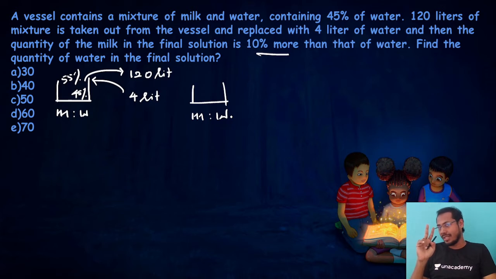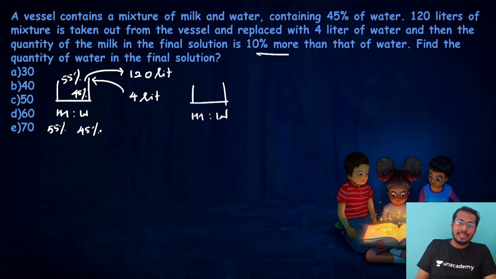Here students will think in two ways. One is how they wrongly take values, which I will explain, and then what is the correct way of getting the answer. See, 10% more than water means, look at this. Initially milk is 55%, water is 45%. Already it is a 10% difference only, correct or not? Water is 45, milk is 55, 10% more than the water. The same result was asked here also, 10% more. So if we again take 55 and 45, that is wrong. So erase those kinds of percentage values from your mind.